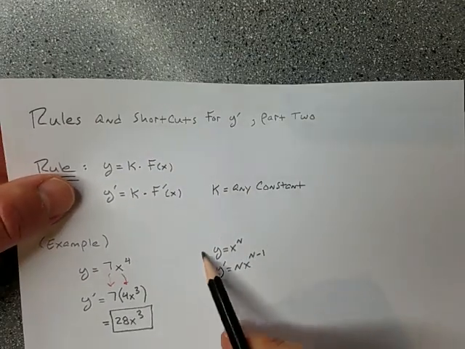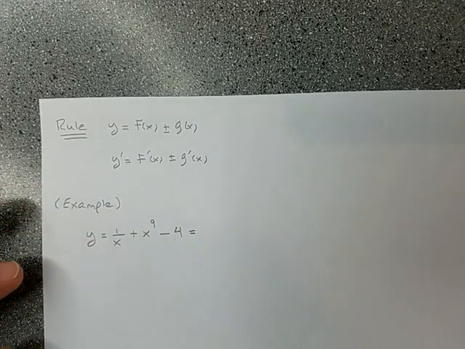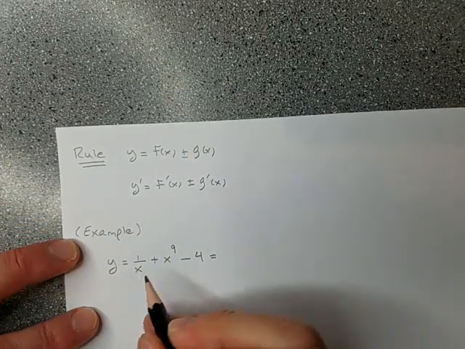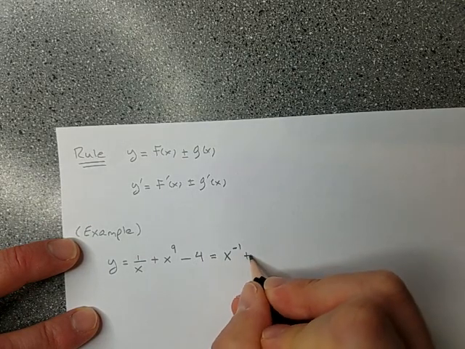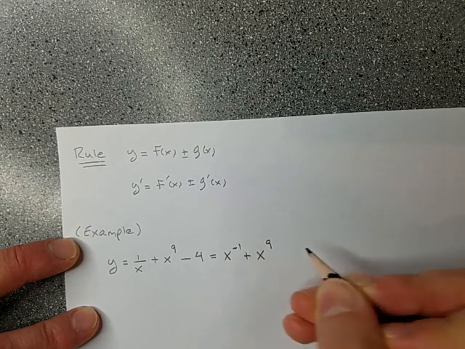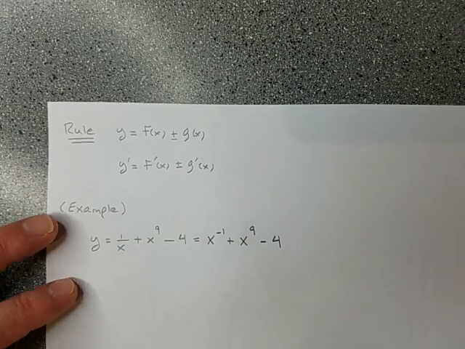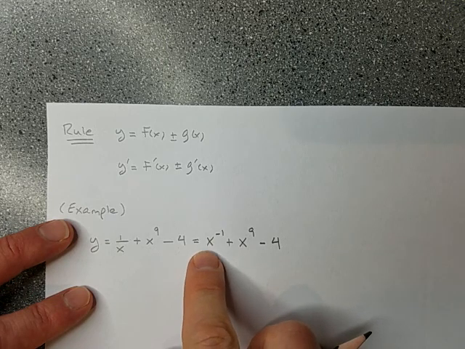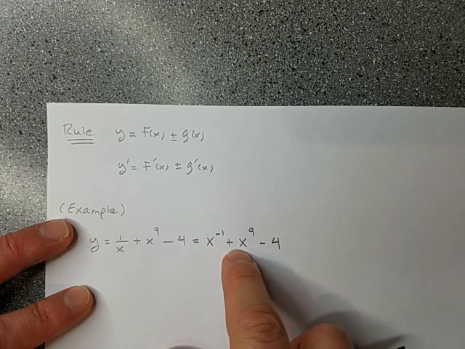You know, this rule right here, and having 1 over x doesn't really help us. Okay? So what is 1 over x? That would be x to the minus 1 power plus x to the 9th power minus 4. Okay? All right. So I take the derivative of this, I add it to the derivative of this, and I